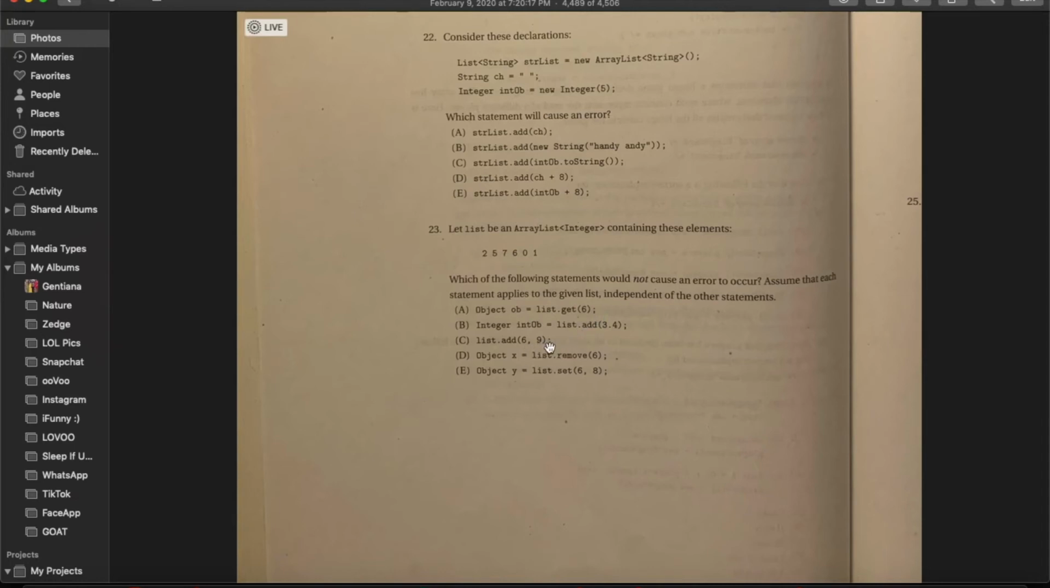Just adding 6 and 9. When you end up at 5, you're going to add 6 and the number will be 9. You can't add 3, there's a point there, not a comma. Get 6, we don't have 6, it stops at 5. And you can't set 6 to 8. You're going to have to add it and then set it from there. So next,